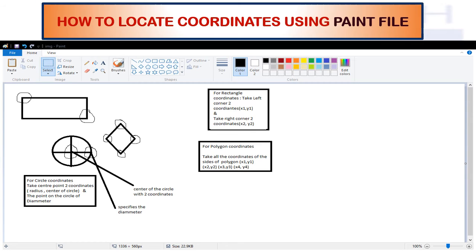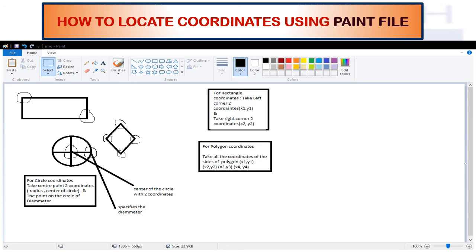Where will you get these coordinates? As you put the cursor, just hold the cursor over there on the left hand side corner of the screen. Here we have not got it, because these are the coordinates you have to take. You can find these coordinates on the left hand side corner of the screen of Paint. There you can see the coordinates written. So those coordinates you have to take, that is x1, y1 and x2, y2.